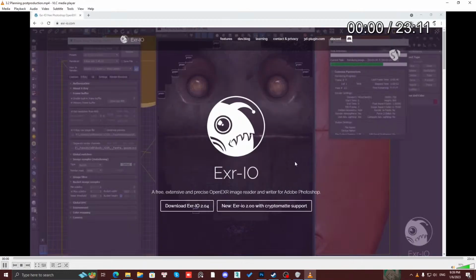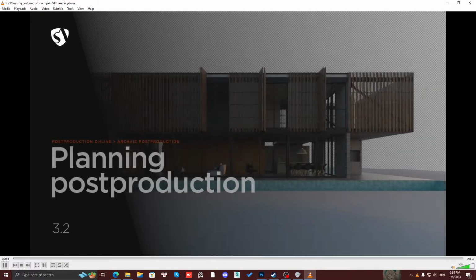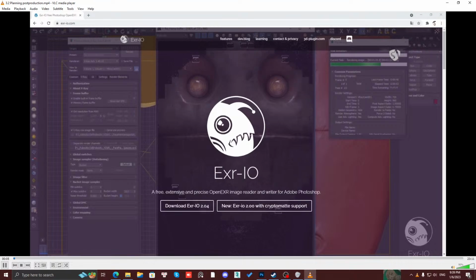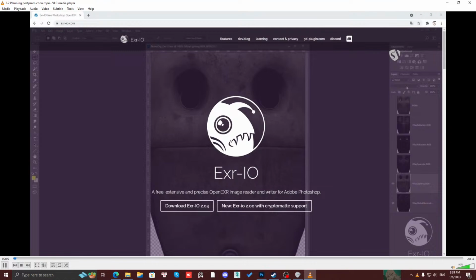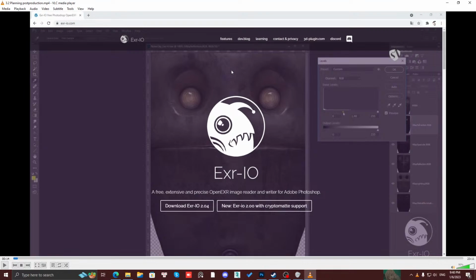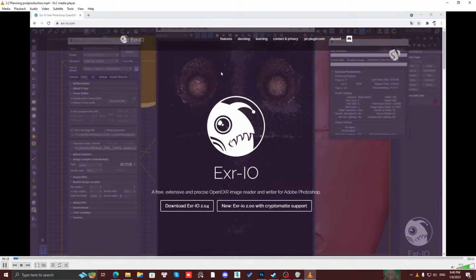In this video we're planning post-production. In this video we're going to see how to organize in the right way your PSB file. But before doing that, in order to import your AXR files successfully, you need to go to